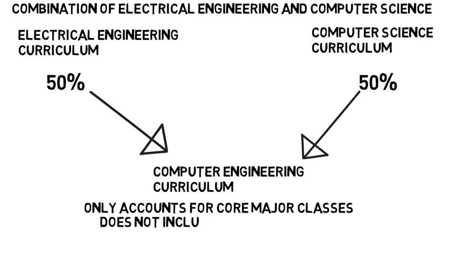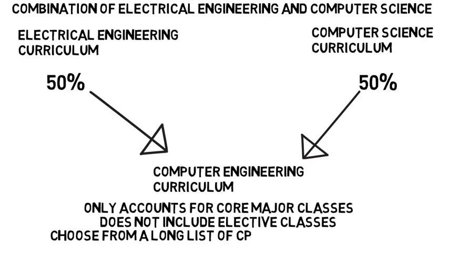It does not include the elective classes in your last years where you can choose from a long list of computer engineering, computer science, or electrical engineering classes to specialize in, that I'll show you at the end. But let's dive into specifically what classes you take, which you already know if you've seen the computer science and